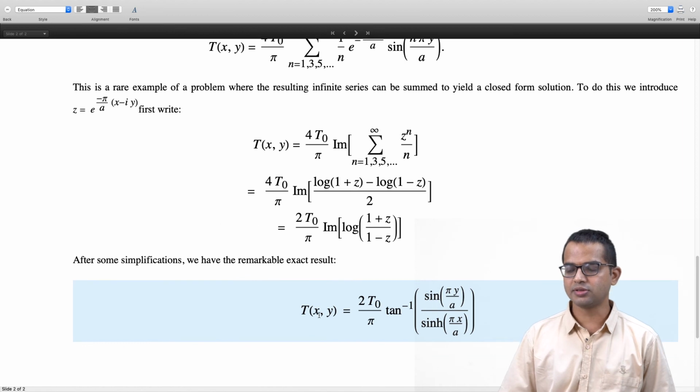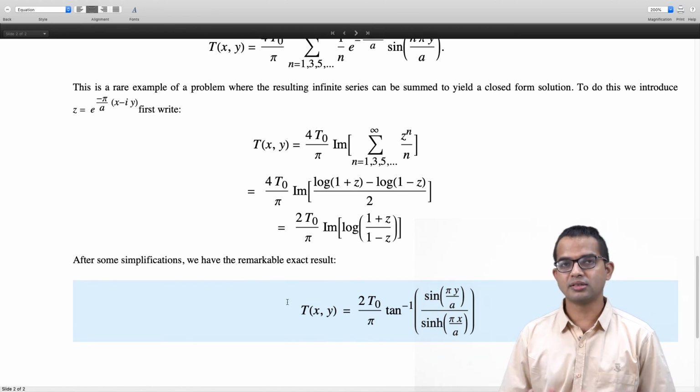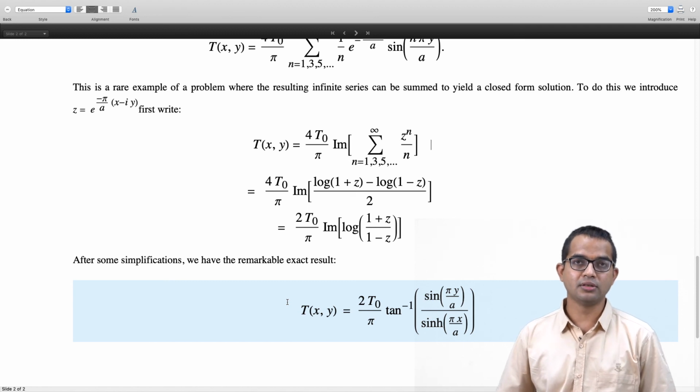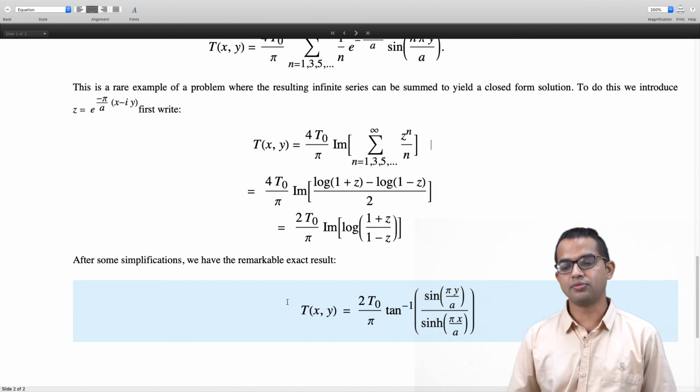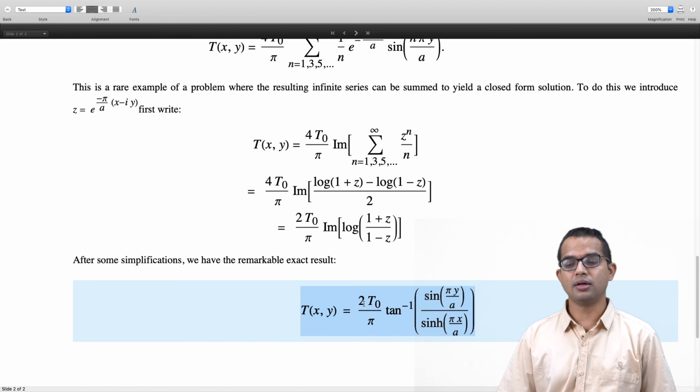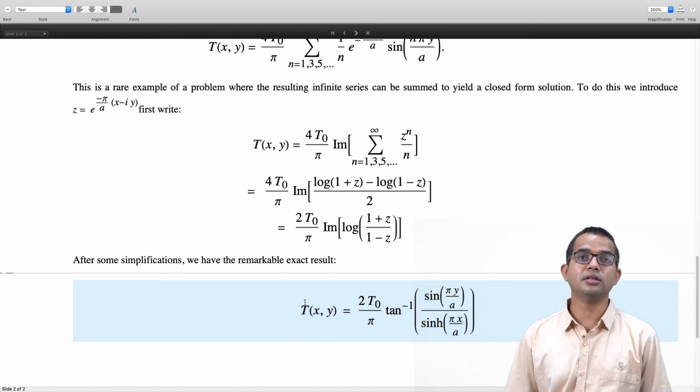It's a very nice cute result, and it's a rare phenomenon that this kind of method of separation of variables will yield for you a closed form solution. Also in this form, it is straightforward to directly plug this into the original PDE, the Laplace equation, and check that indeed it satisfies the Laplace equation. It's also straightforward to check that indeed all the boundary conditions hold. Because there is a uniqueness theorem, indeed this is the solution.